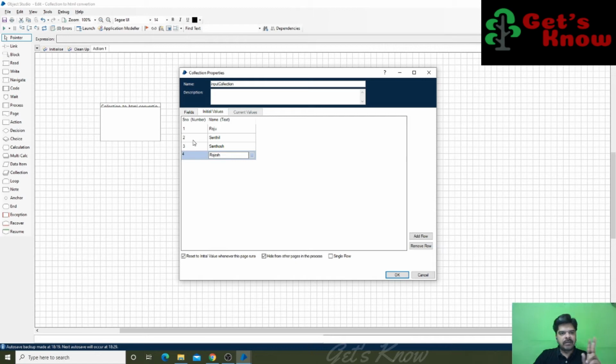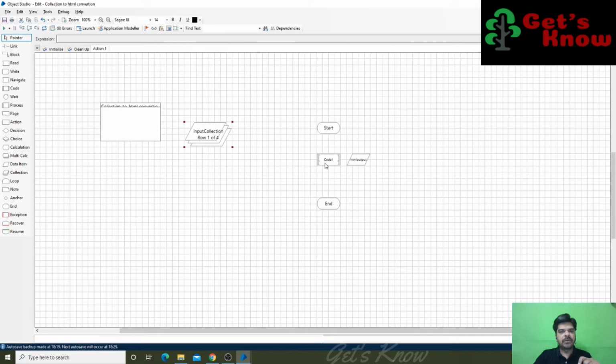The second record has two column values, value 2 and Sindhiri. So each record has two columns. We have to get each column value and append it, so everything is appended as a single text value. We have to collect all the collection values and append them one by one. This is the logic we have to apply in this code stage.